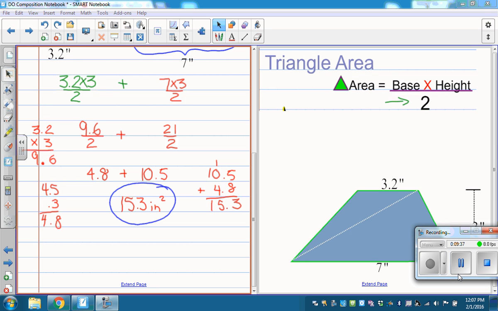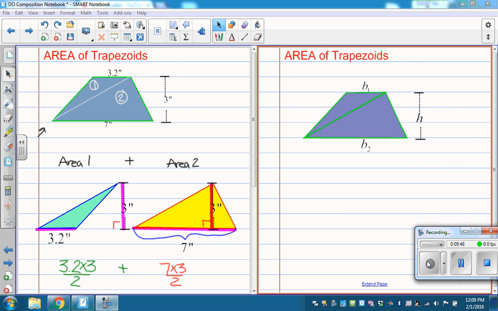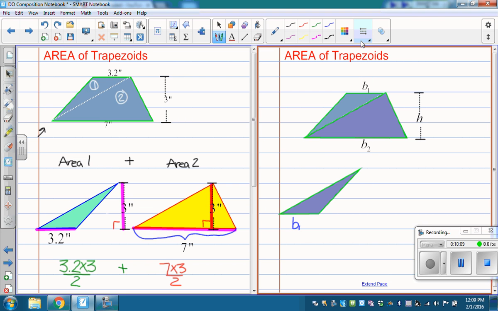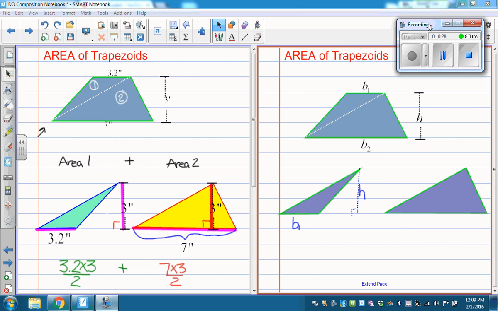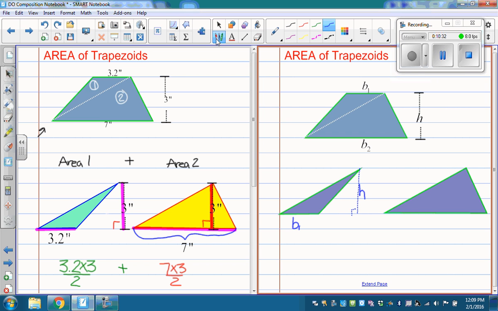So now I'm going to pause and we're going to put notes into our comp book for the rule. So whenever you see a trapezoid, you can imagine 2 triangles. Take the trapezoid apart. And one triangle works nicely if you rotate it. And then label this is base 1, and the height is out here, and that's where you have a square angle, and that's the height. You take the second triangle, just put this up here, and pull it to the left, and label that base 2,